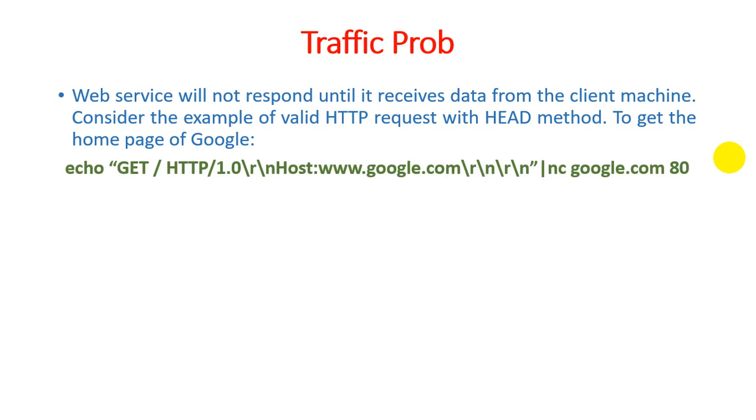Echo, in double quotation marks, we just write down the method name. There are two methods, GET and POST. We know that if we mention GET, then the URL is displayed. If it is POST, then the transmission of data through the URL is never displayed. Then the HTTP version, known as 1.0, and \r\n is nothing but providing the information which we want to get from this URL, google.com.